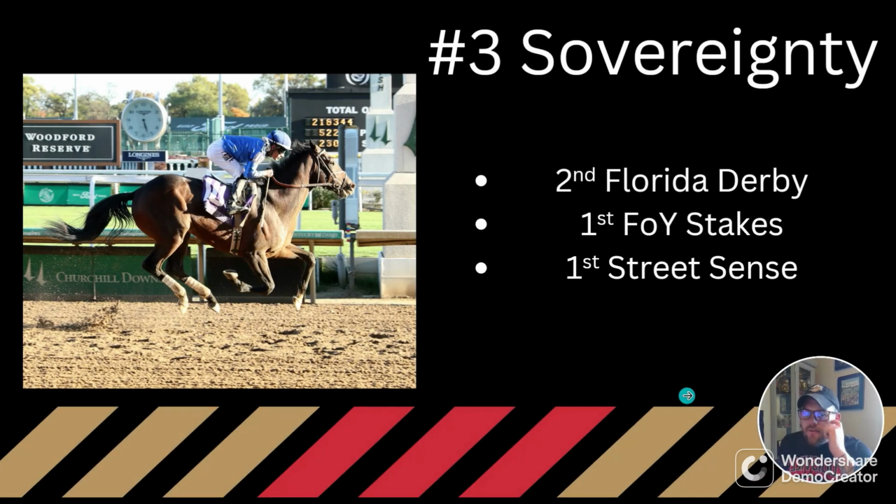Number 3, Sovereignty. Yeah, I know. We put this horse ahead of the horse that just beat him. Hey, he loses his jockey, Junior Alvarado. Has to switch up to a really good Manny Franco, who was really hot on the day. And another one that kind of